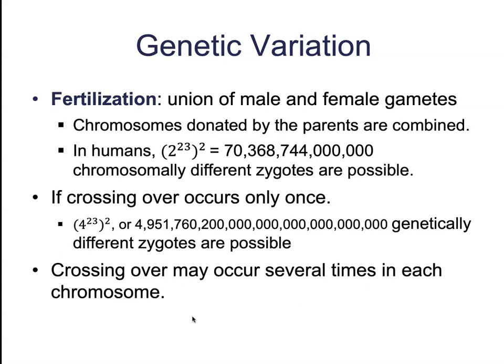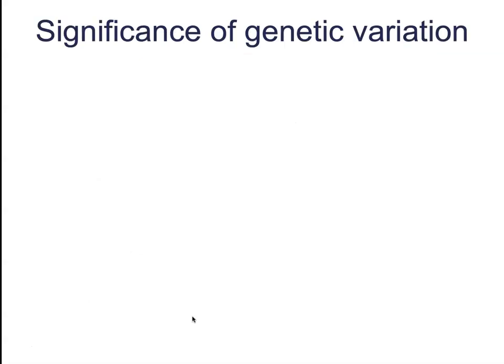However, crossing over events can occur several times for every single chromosome. You're a freaking 1 in a million snowflake, not even a 1 in a million. You're a 1 in an insanely ginormous number that I can't even mentally comprehend. So if anybody ever accuses you of thinking that you're some sort of special little snowflake, you should just point out that you kind of are. So anyway, I just wanted to point that out because I think that's absolutely fascinating,